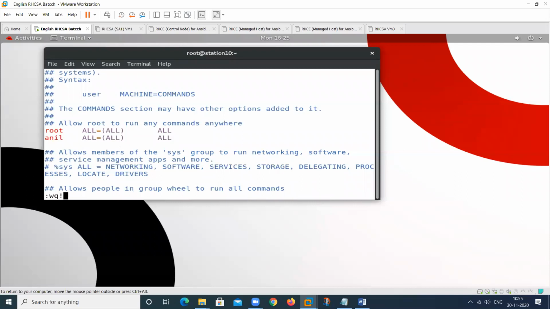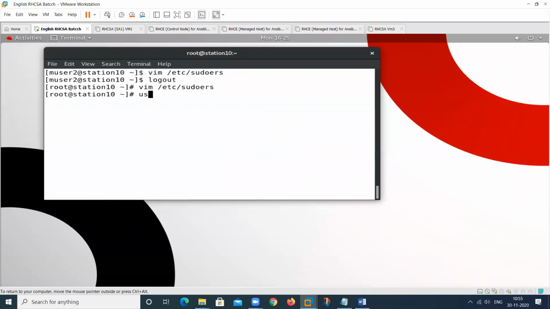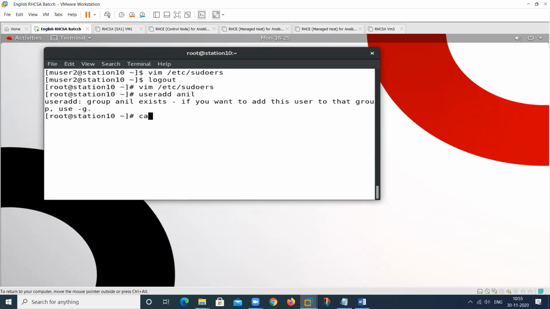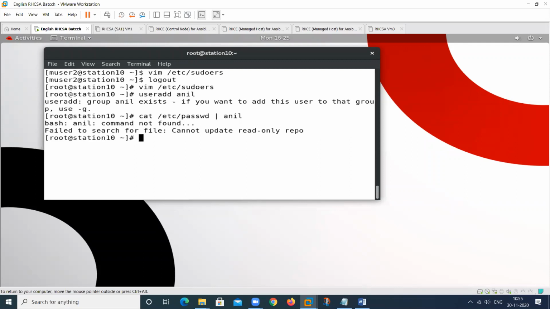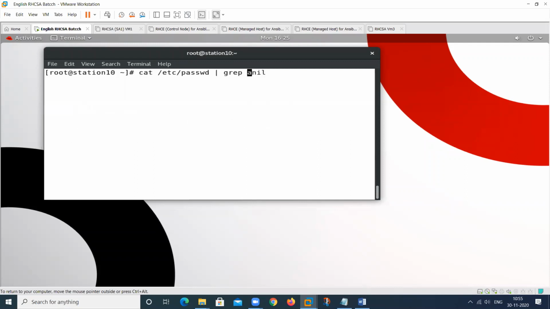This one. Then check. I am creating a user. The username is Anil. Anil already exists. cat /etc/passwd, grep anil. Sorry, grep. Okay.